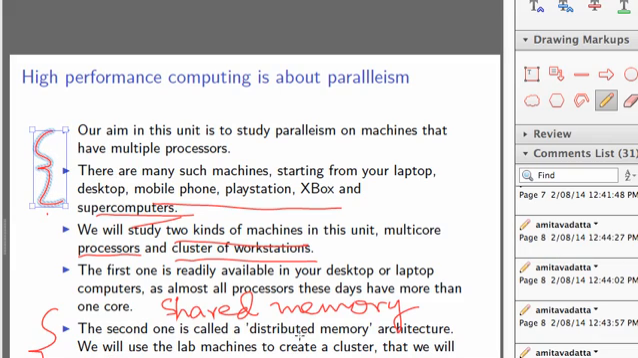And a cluster is a distributed memory architecture because here the memory is distributed among the different computers or desktop machines. So this is the end of this introductory video, and we'll go into more